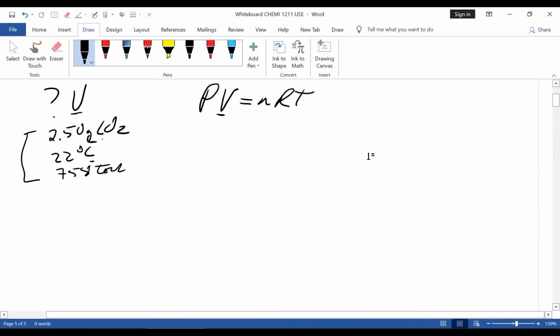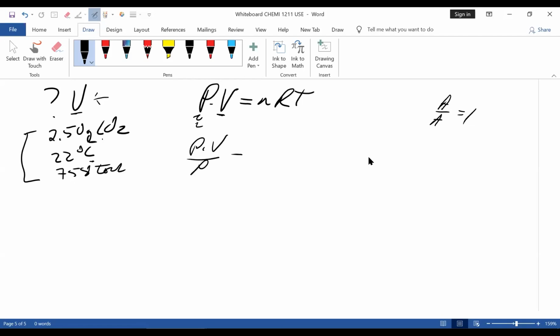All right, let's take a look at this. We want to solve for V, because that's what we're being asked to find. How do we get V alone when you're multiplying something times itself? Remember, anything divided by itself equals one, meaning it's gone. So if I want to get rid of P, how do I get rid of it? I divide by P. But whatever you do to one side, you have to do to the other. This cancels out because of this. Therefore, I'm left with V equals nRT divided by P.